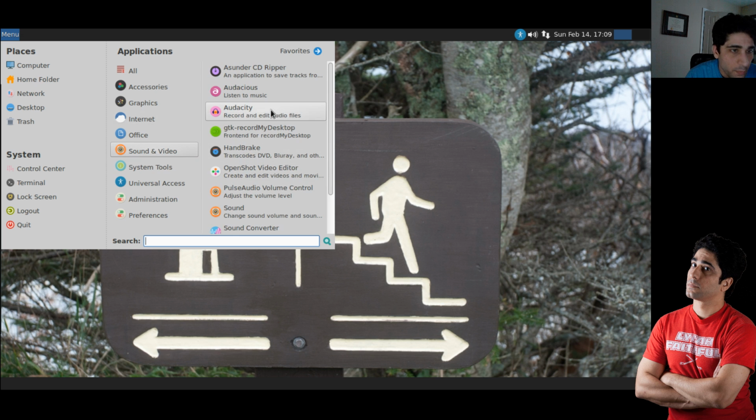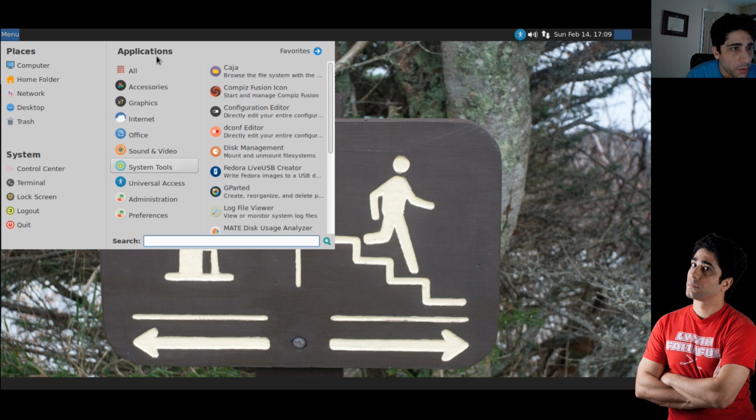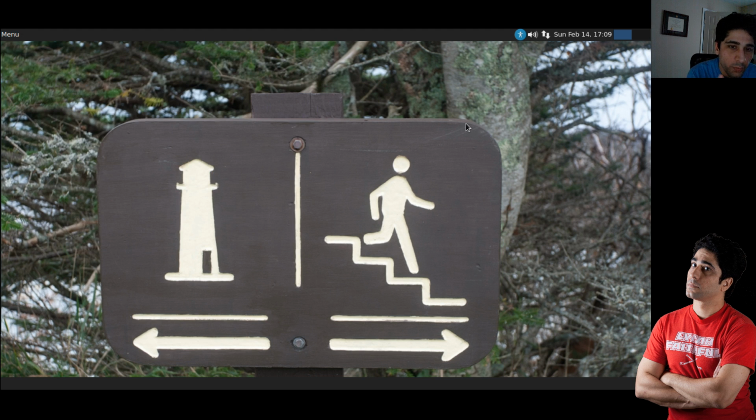But anyway, it has Handbrake, and it has all the stuff that you might want. All the GNOME-based ones, whether they're GNOME 2 or GNOME 3, kind of all have the same type of applications. They're all GTK applications. But it's all there. It's all what you would want to do. And, again,